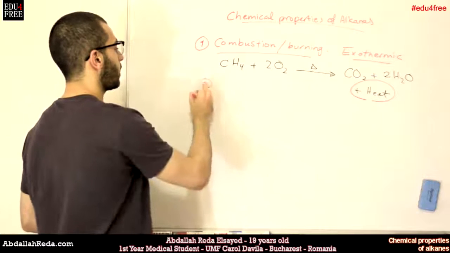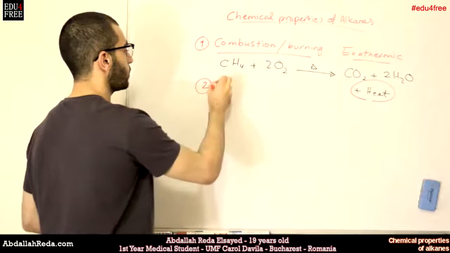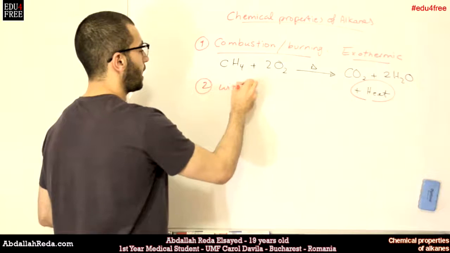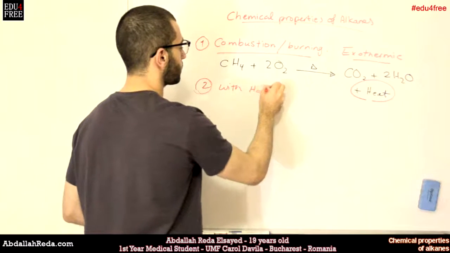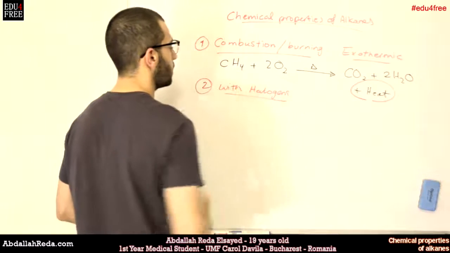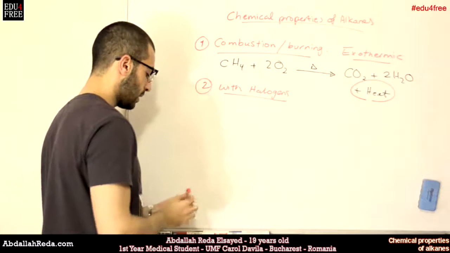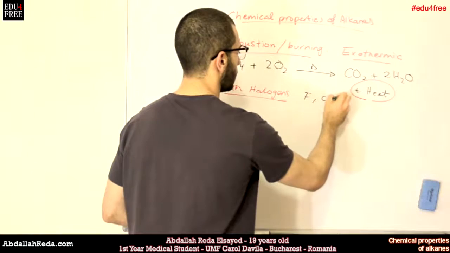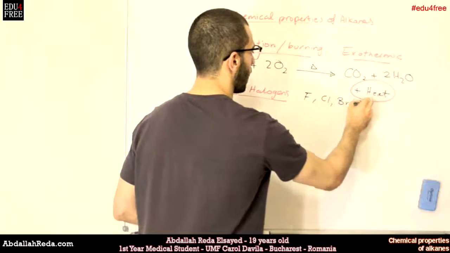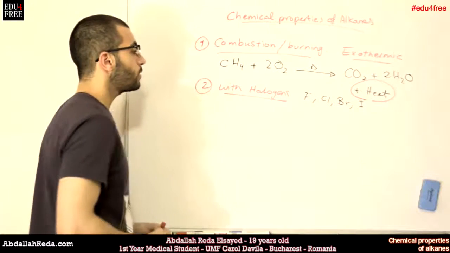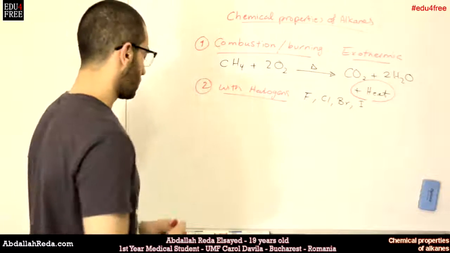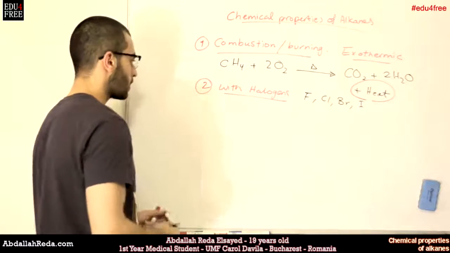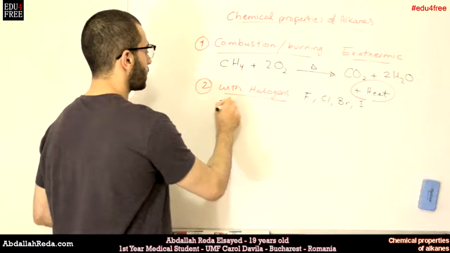The second type of reaction is the reaction with halogens. By halogens we mean fluorine, chlorine, bromine, and iodine. And this reaction has 2 conditions. Whether it happens in the presence of direct light,